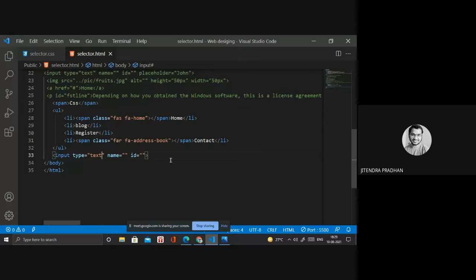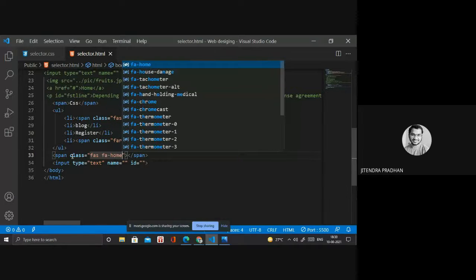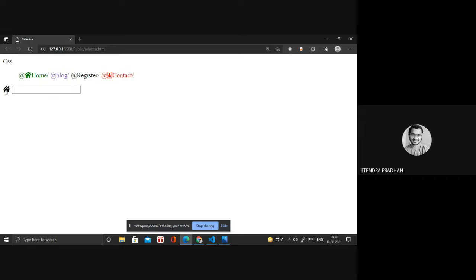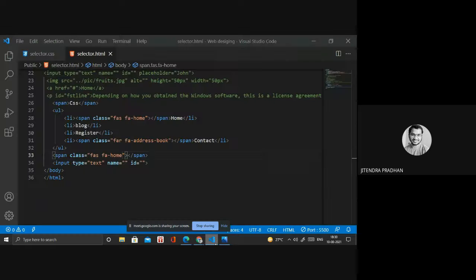So I need, if I write span, its class is first far home. Okay, in that, you have to give an ID inside that. Okay, I'll give an ID. Any name you can write.